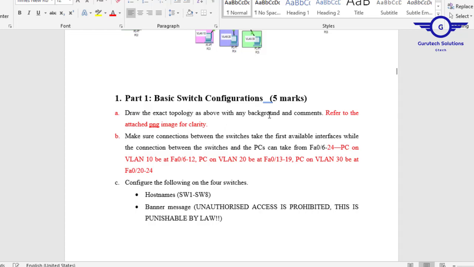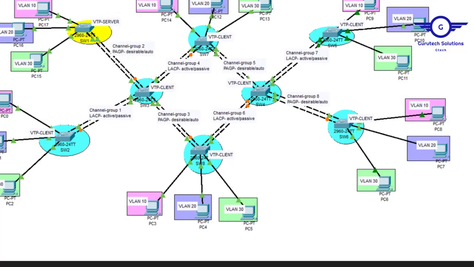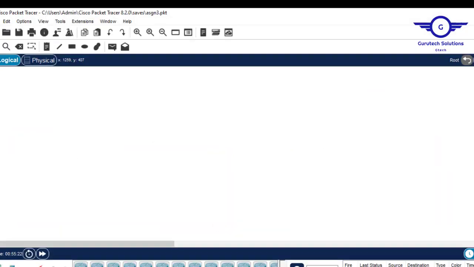Okay, so I was saying that we are required to draw an exact topology as above, and there is a PNG image that has been attached. So I'll just open the PNG image. This is the PNG image that has been attached. We have several switches, almost 8 of the switches, and we have the backgrounds, colors, and the PCs. So without any further ado, I'll just open my Packet Tracer and draw the topology. We have almost 8 switches. So one,